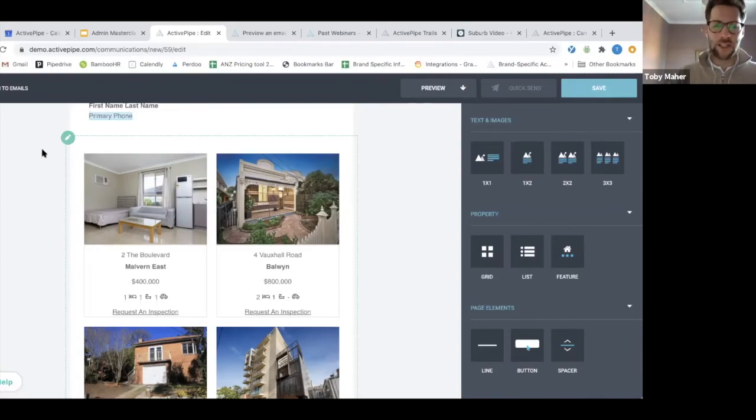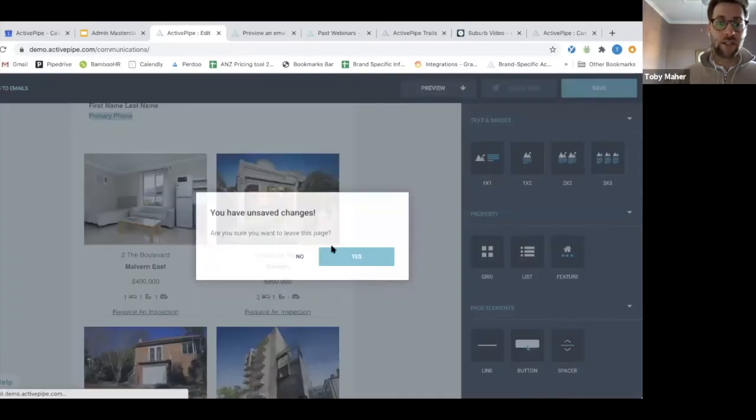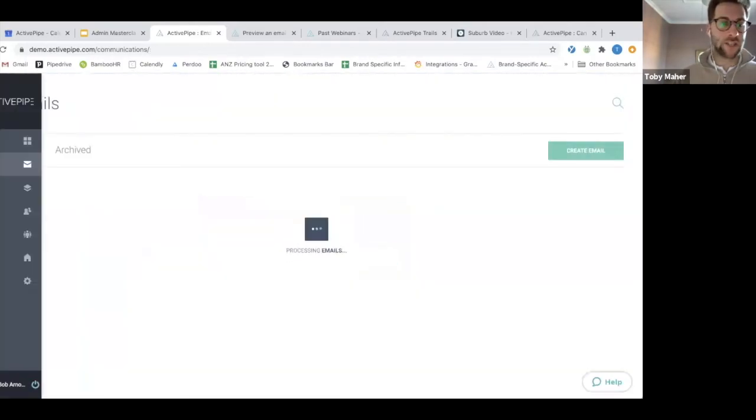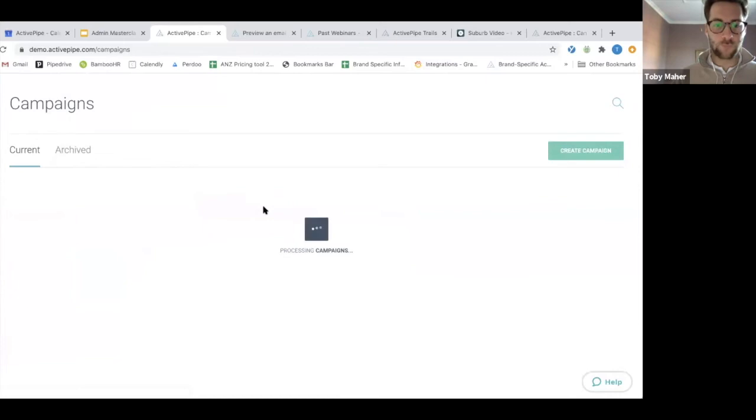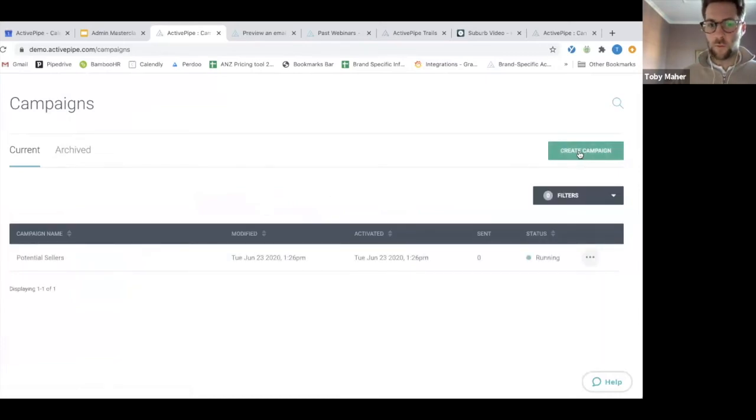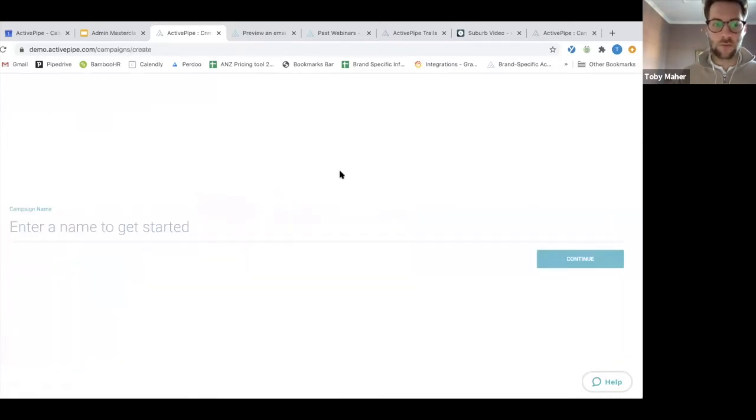So once you have those definitions on those panels, it will only pull through properties that are relevant to that. As I said, it will only send if there is relevant information within that email as well. So if we did complete that email and we wanted to action the campaign, we would jump into the campaign section, label it, say if you were doing a daily buyer match email,